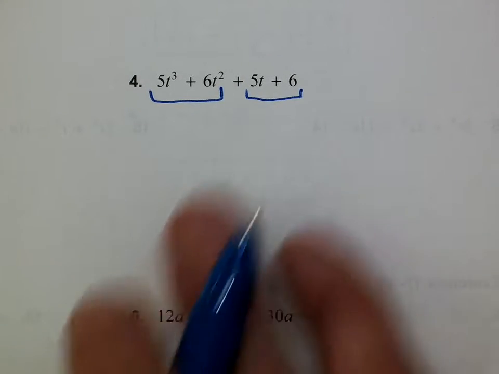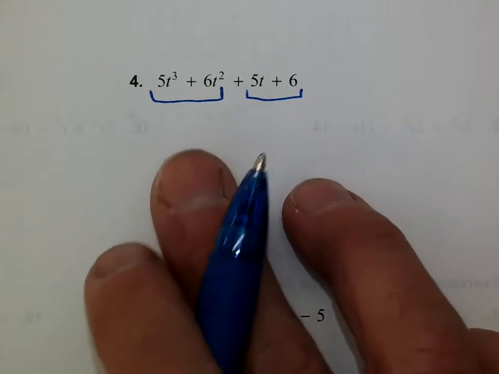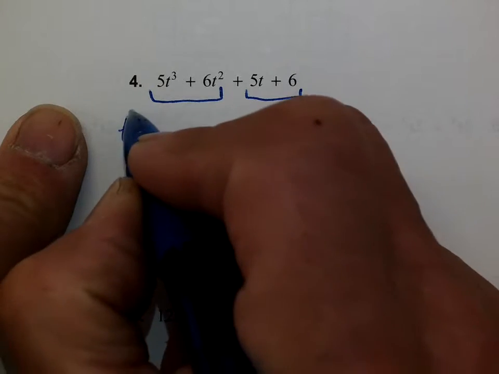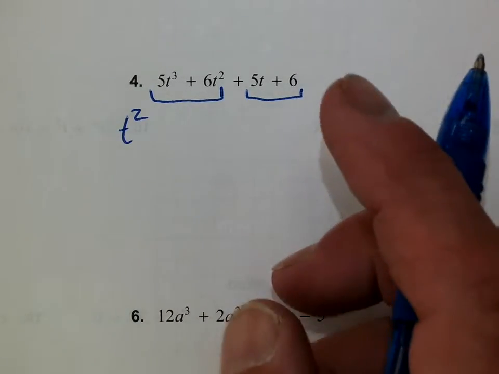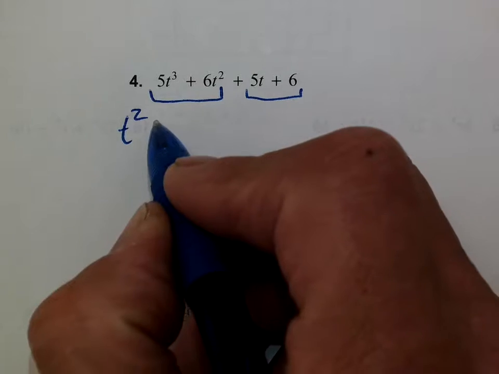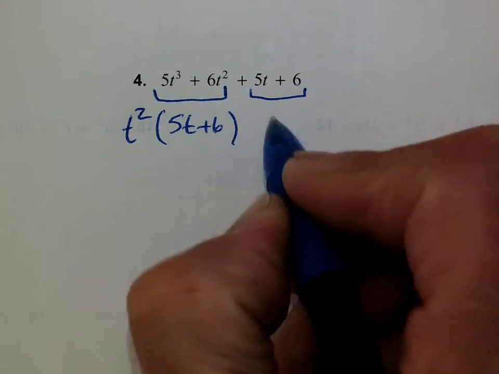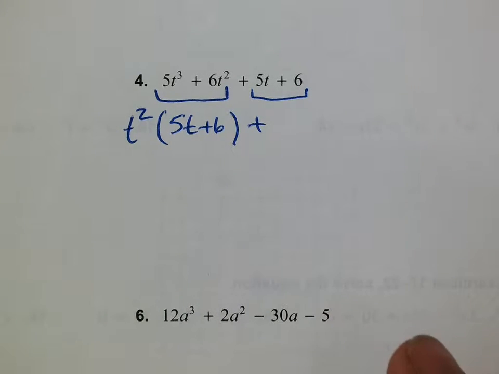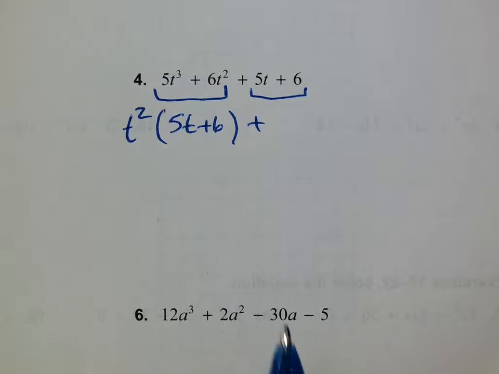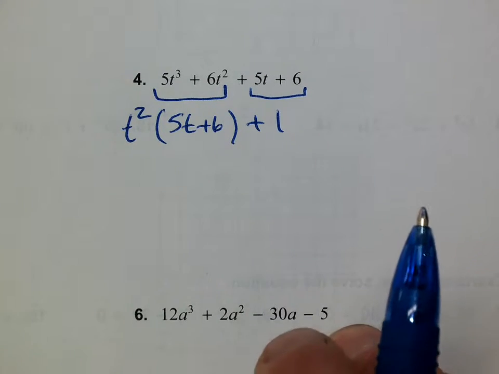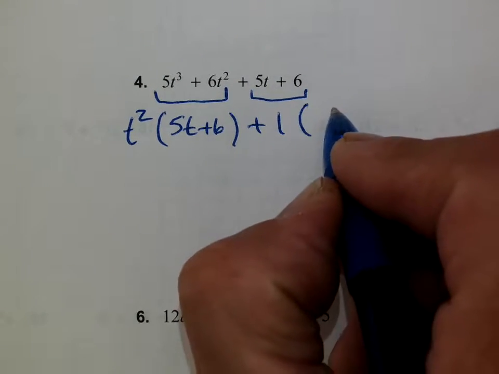So if I look at the first pair, what do they have in common? T squared. Let's take out as much as we can, T squared. If I take out a T squared, what would be left inside? 5t plus 6. Now, the second group really doesn't have anything in common except 1. Does that make sense? They don't have anything in common except 1, but I need that 1 to do this. So I'm going to put a 1 right here, because they do have at least a 1 in common. You're going to need that 1, because then I'm going to go parentheses and do a 5t